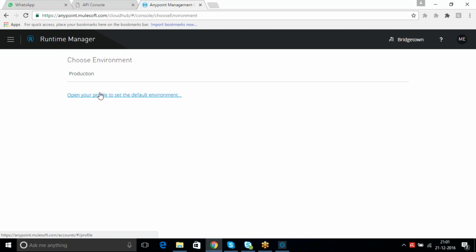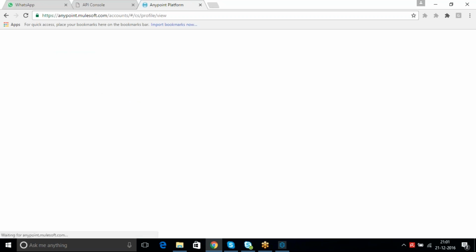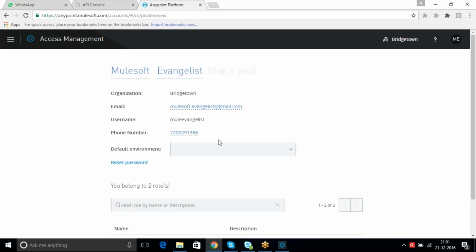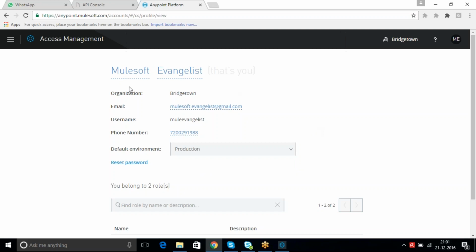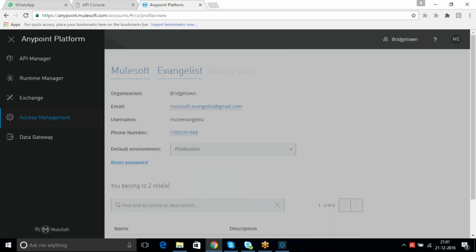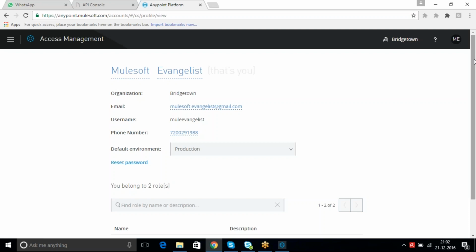You need to select this and set the default environment where you want to deploy your applications. For our trial version, it will show as production, so you can select the same thing. No issue. This is the trial version which we are using. Once you set this, it is automatically saved.